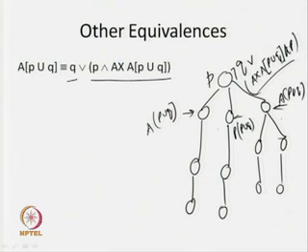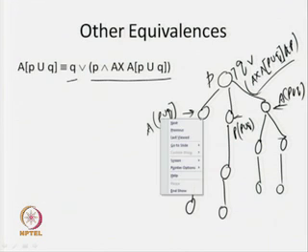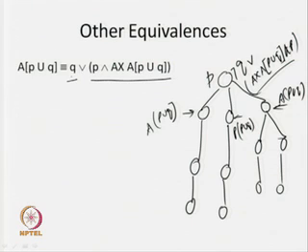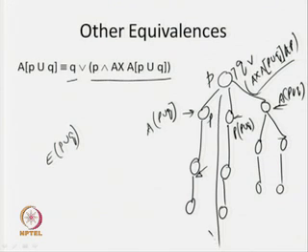This is the way that we are going to look into it. When I look for whether A p until q is true in this particular step, again I will look for these two conditions: first check whether q is true there itself or not. If q is not true, then I will see whether p is true over here. If p is true, then I see whether in the next step A p until q is true or not. So this is another equivalence, where A p until q is expressed with the help of A p until q, but along with the A x operator. Similarly, we get E p until q. In this case, instead of looking at all possible paths, we are concerned about any path. If these things happen in one particular path, we say that E p until q is true in that particular step.